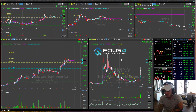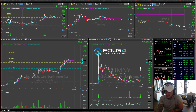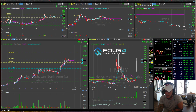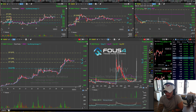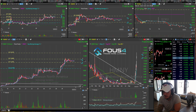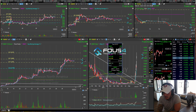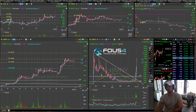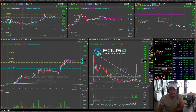You can essentially see that over the past year, this is on the weekly, it basically formed a pretty nice wedge pattern where you just have the bottom back here, which was the initial breakout point, and you have this major descending trend line. Once that trend line was broke, you have this major run. So the stock essentially before this past week, everybody, you can see being pretty simple. Every time it reached $5, it was really just slammed. So from a technical standpoint, if we were to get above 5, which we did, and hold that,